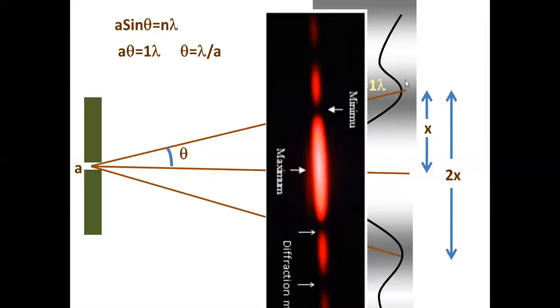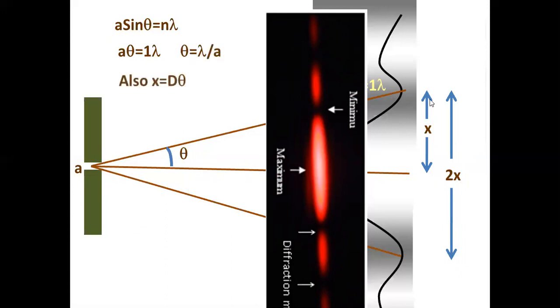What is the linear width of this central maximum? How much distance is this spread? You could take a scale and measure it. Or you can do one thing: apply the arc length formula, L is equal to r theta. You know this, right? If an arc makes a length of x, and these two lines at the center make an angle theta, at a distance d, then how can you write x equal to d theta? Am I right?